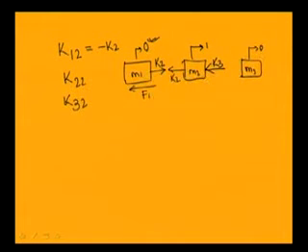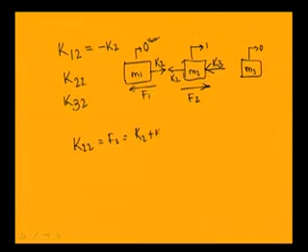So, a total force of K2 plus K3 is acting on mass 2 to have unit displacement. To have that motion, one has to apply a force in this direction. That is F2, and this force should be equal to K2 plus K3, and that is K22. So, K22 equal to F2 equal to K2 plus K3.